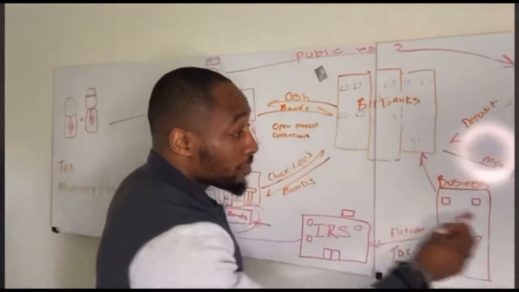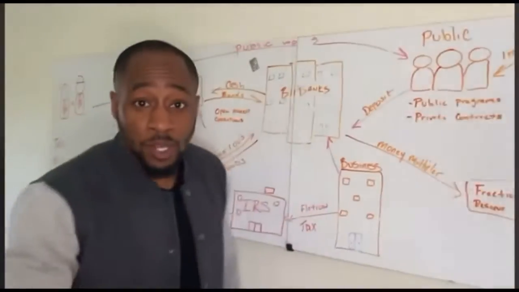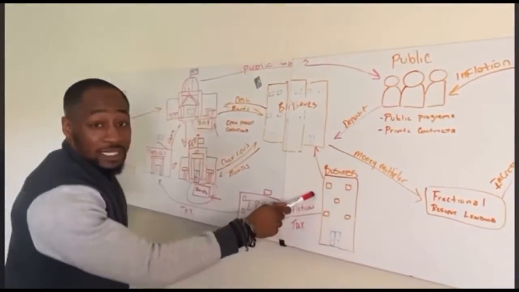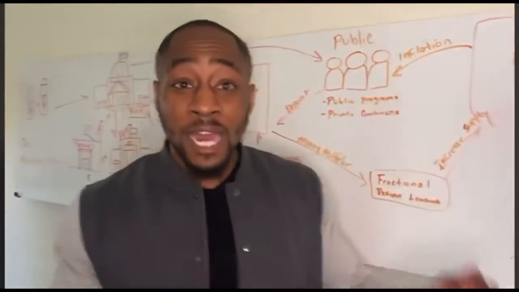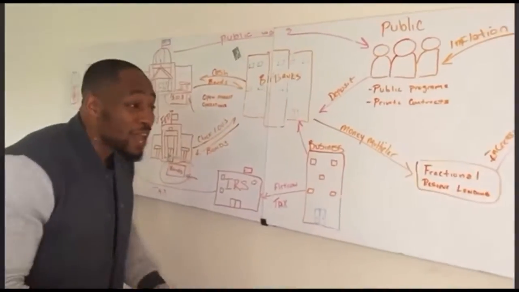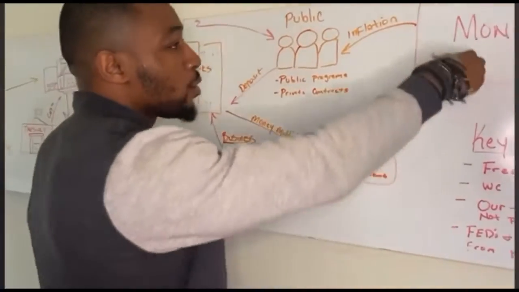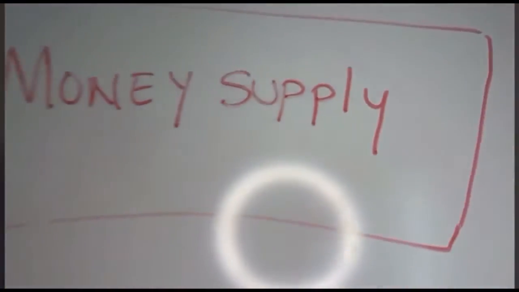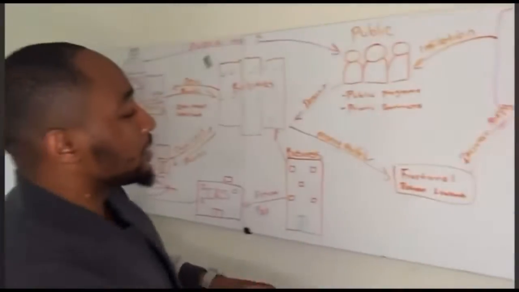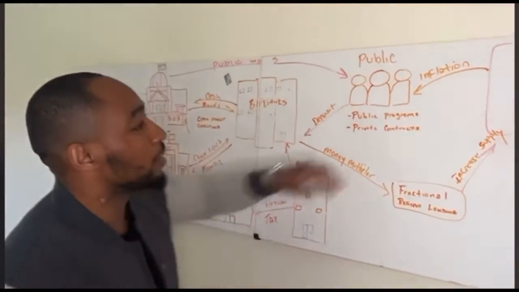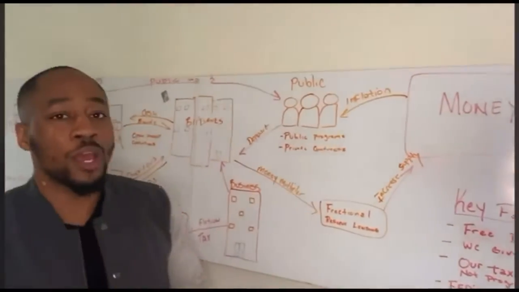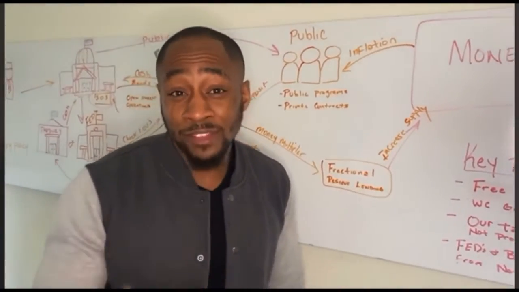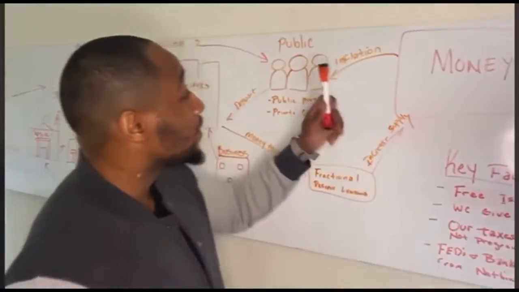So within this system, the money supply doubles, because remember, you still have $100 sitting in your bank account, but these guys have 90. So a total of $190 is in the market already. Now that goes into the money supply. Here's where things get really interesting. Because these guys doubled the cash flow into the economy, guess what? Again, there's no such thing as a free lunch. We actually have to pay this back somehow, through something called inflation.